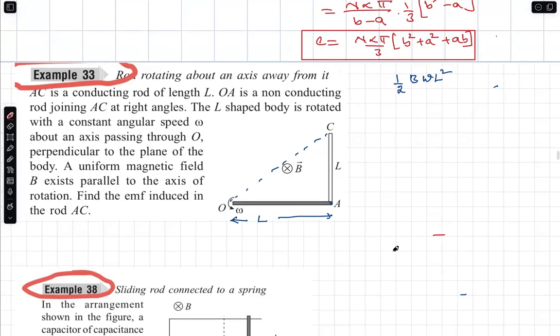Rotating about an axis away from it. You can see here AC is the conducting rod, whereas OA is an insulator. It is rotating. Now, my point is how I will do this question, I will explain. I imagine that